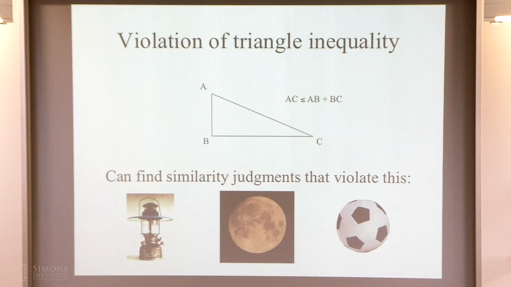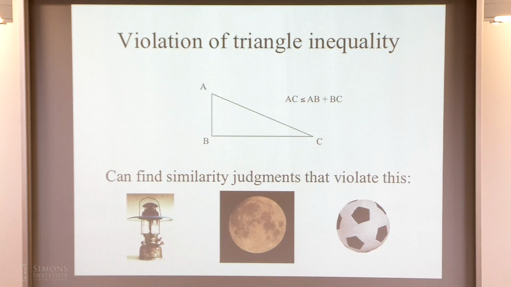Remember, James was living in the 19th century. His canonical form of artificial light was a gas lamp. So he says, the gas lamp is like the moon. That seems reasonable, relatively high similarity. The moon is like a soccer ball. Again, relatively high in similarity. But a gas lamp is nothing like a soccer ball, right? So if you have people rate the similarity for each of these pairs, you find that these two things need to be close in that space, these two things need to be close in that space, but then these two things are pretty far apart from one another. Okay, so you've now done a semester of cognitive psychology in 15 minutes.